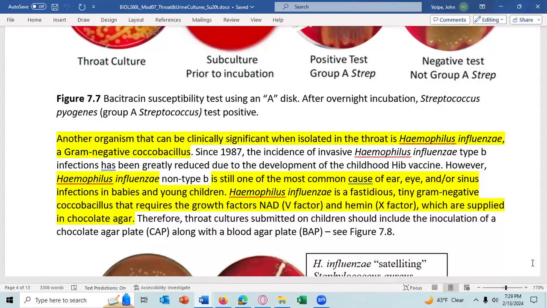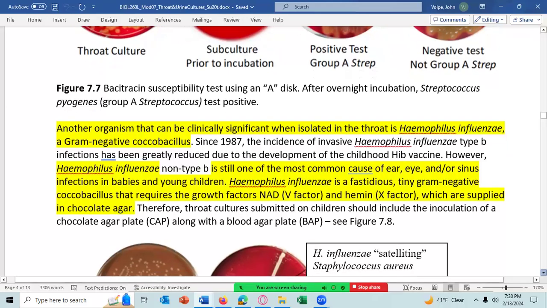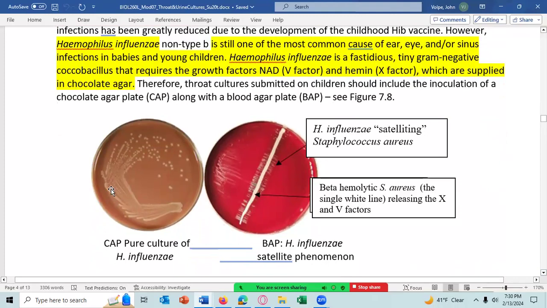lyse the blood and then release the factors in the blood. Two nutrients that are required by Haemophilus influenzae, which are in blood but are not supplied by an unlysed blood cell, are NAD, which is the V factor, and hemin, the X factor. However, Haemophilus influenzae can grow on chocolate agar because the blood cells are lysed, and so those nutrients are released